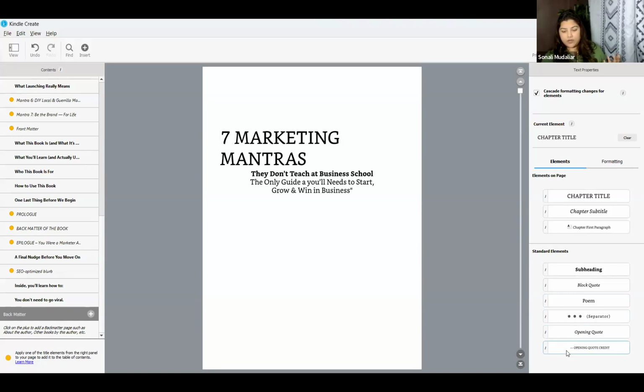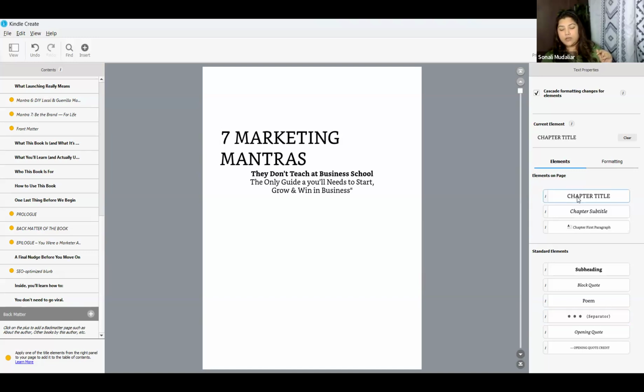When you have to give credit, you will use opening quote credit. Or maybe you have written some quote in between and you want to make it a block, so use this. If there are subheadings or subtopics inside your chapter, you will use subheading. Separator comes when one topic is over and you're adding a new topic altogether into the chapter, when the topics are not related to each other.